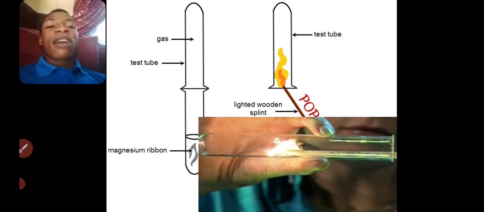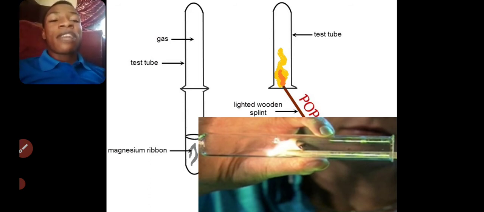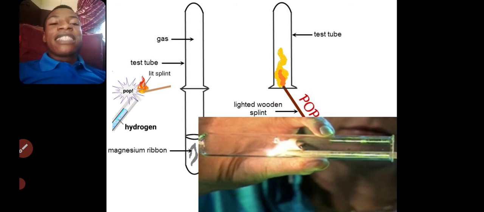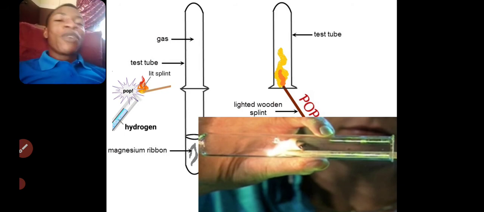You can see that if you react magnesium with acid, hydrogen gas will be produced. Then if you put a lighted splinter inside, you hear a pop sound. Pop. That's the test for hydrogen, a colorless, odorless gas that gives a pop sound with a lighted splinter. That's the test for hydrogen. Let's see number 3,